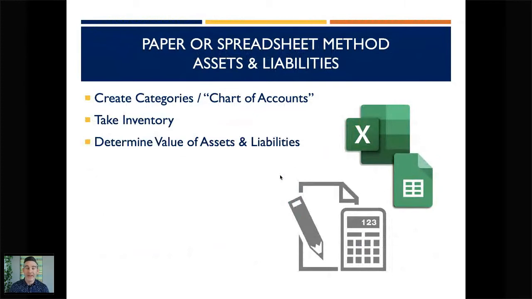And then you're going to look through those assets and liabilities and figure out the value of those. And I would just point out that you want to use the purchase value. So if you bought that vehicle for $20,000, that's the number that you're going to use. And we're not going to get into depreciation today. Depreciation is something that you may want to take into account and you might see on the balance sheet, but we're not going to do that.